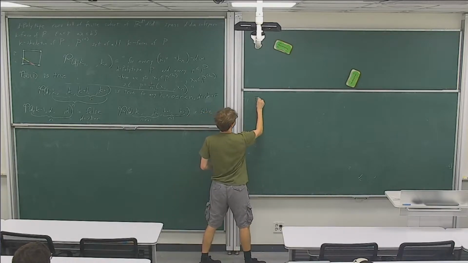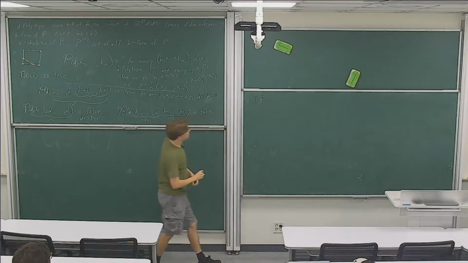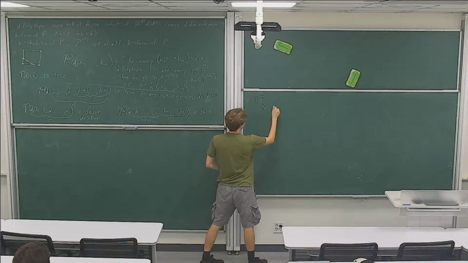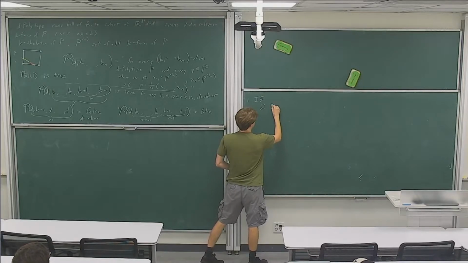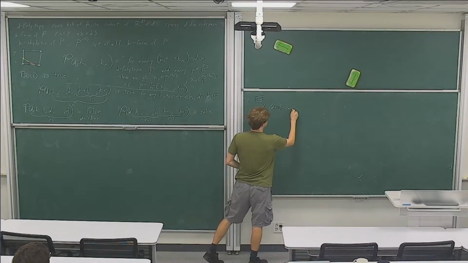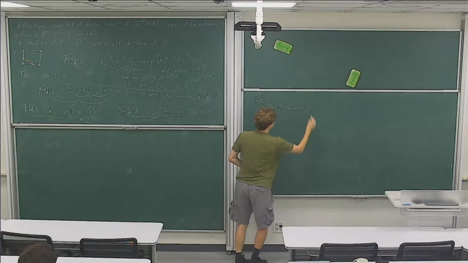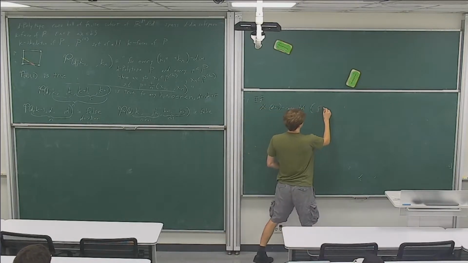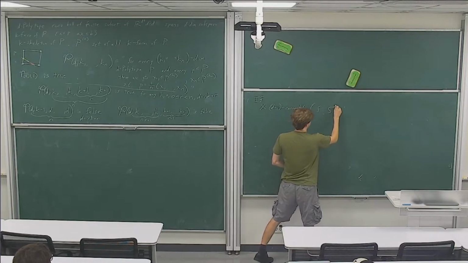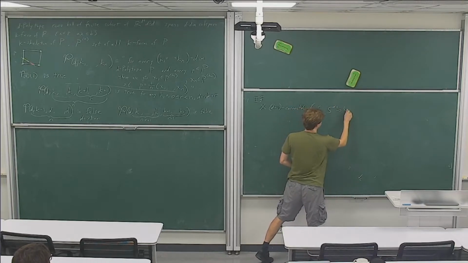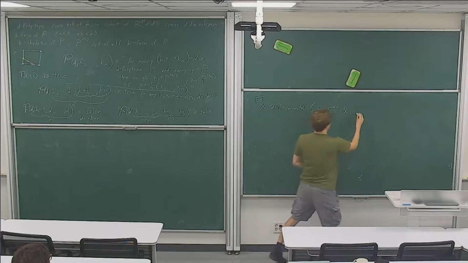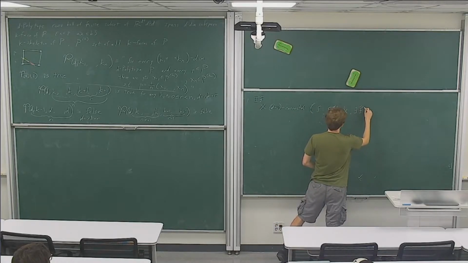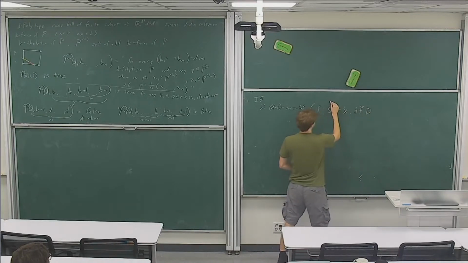So let's say X is a d-1 connected space. So what does this mean? This means that if I have some f from S^(d-1) to X, a sphere,